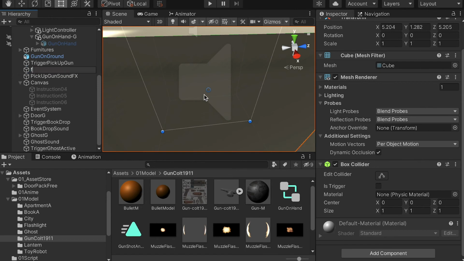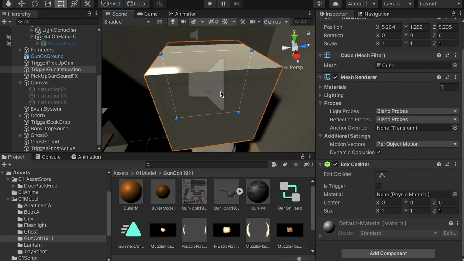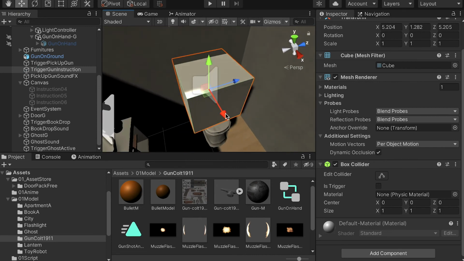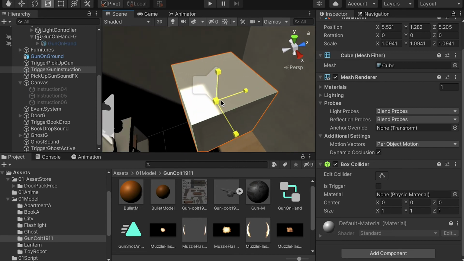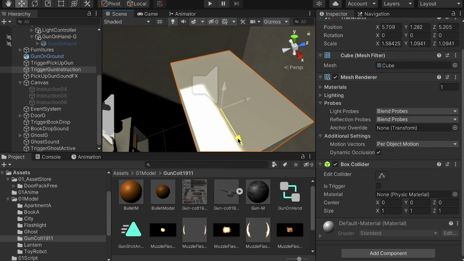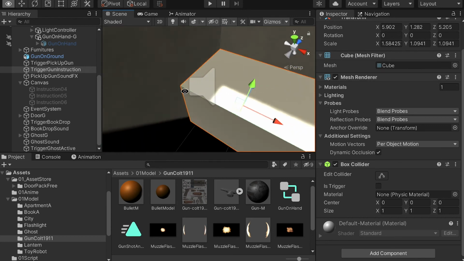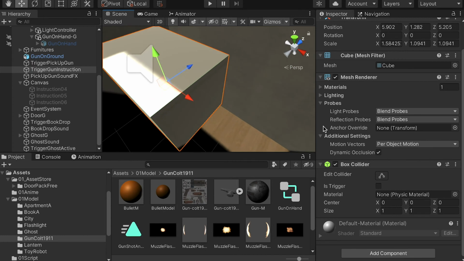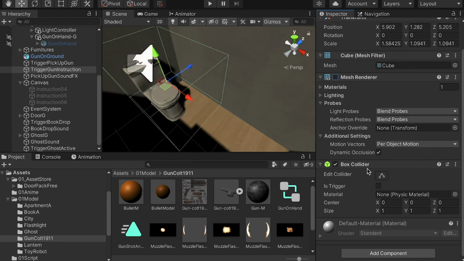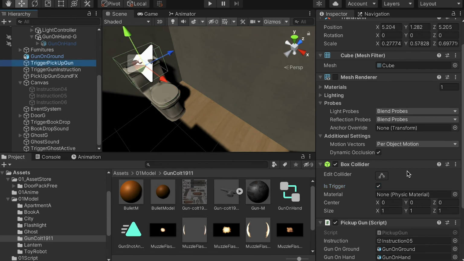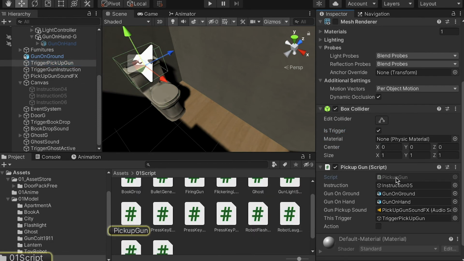So here we go. And let's put it in front, make it a little bit bigger. And we don't want this trigger to show up in the beginning, so first let's turn off the mesh renderer and check on each trigger, and then we'll go to the gun pickup trigger and double click on pickup gun,